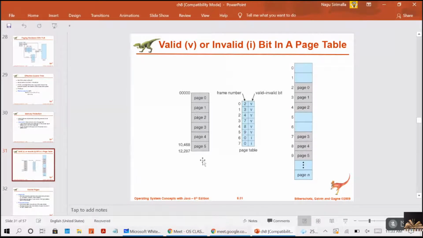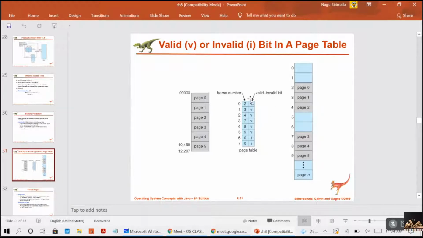Your process has 6 pages, from 0 to 5, and these pages are stored in memory in the frames numbered 2, 3, 4, 7, 8, 9. Because all these frames have valid pages, their bit is valid.